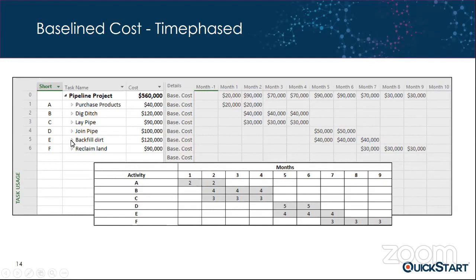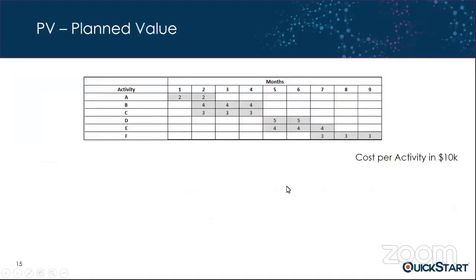So you can see our same listing of activities here, A, B, C, D. That's all that is. But you can also see how I've moved instead of 20,000 with all those zeros, I just got 2 here, and a 2 in month number 2. So you can see that I've mirrored this information about our project as far as the planned cost into this little Excel graph here. And so now moving forward, we've got our planned value here in this Excel image that we can work with a little bit more, and realize that